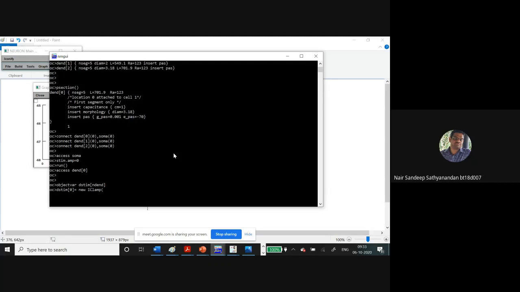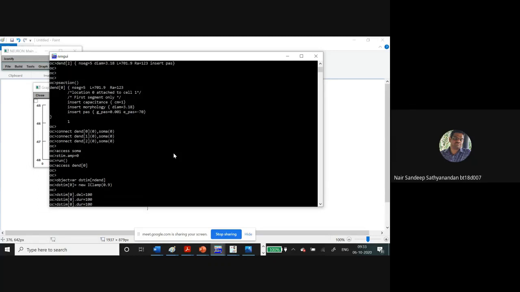Let us apply the stimulus at the proximal end of the dendrite, that is away from the soma. So I'll apply it to 0.9, and now the same delay will apply, and then let us apply a stimulus actually.